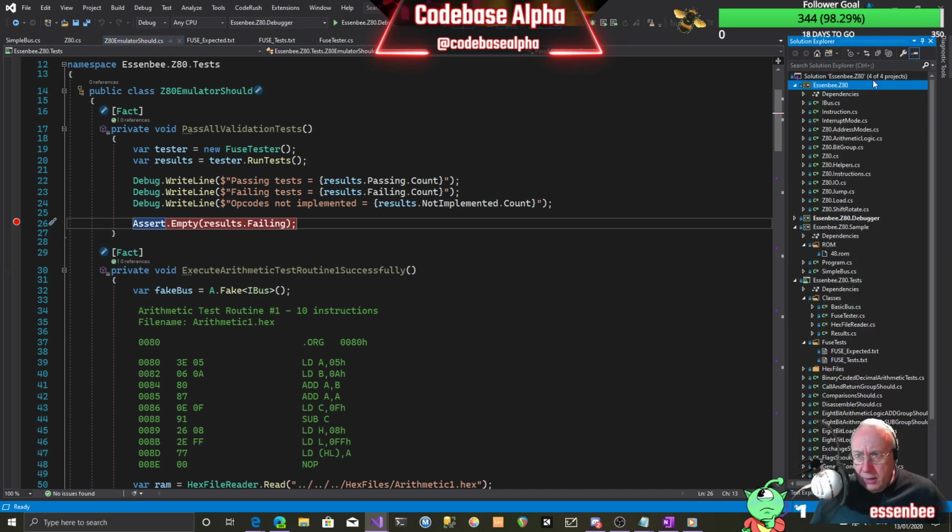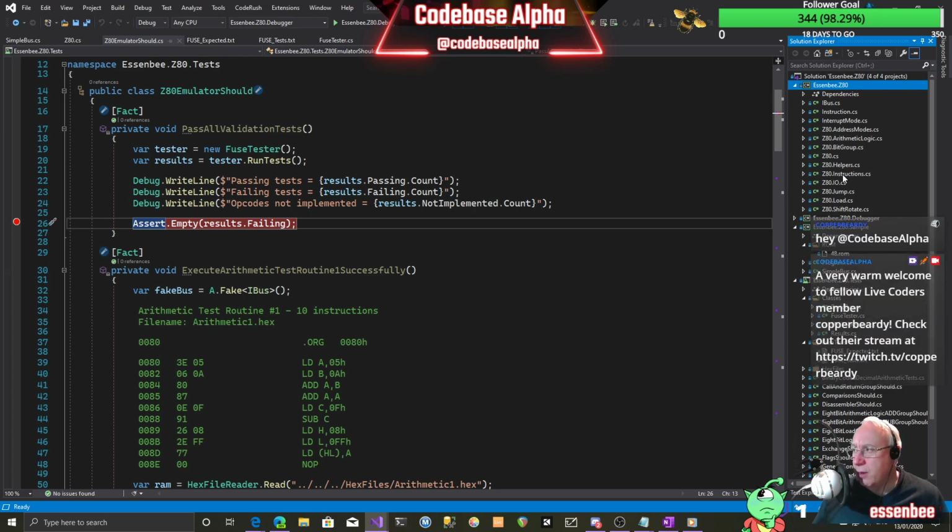Over here on the Z80 project itself, you can see what I've done is I've split up what was the instructions partial class into a number of other partial classes, so that we've got commands and opcodes which are logically grouped together in their own partial class. I'll still get to do that with other parts of